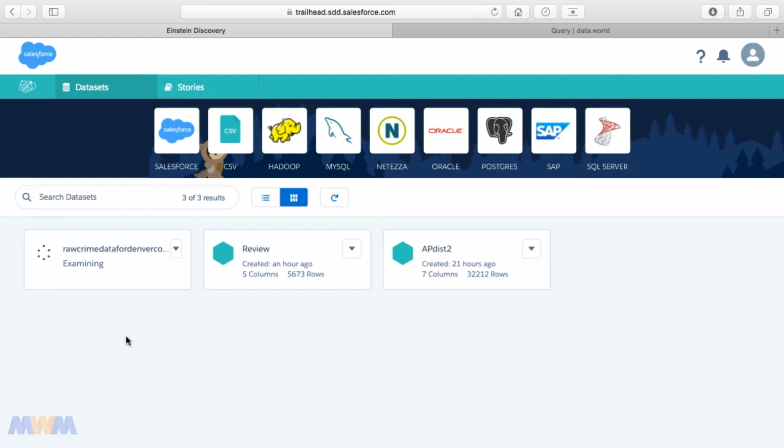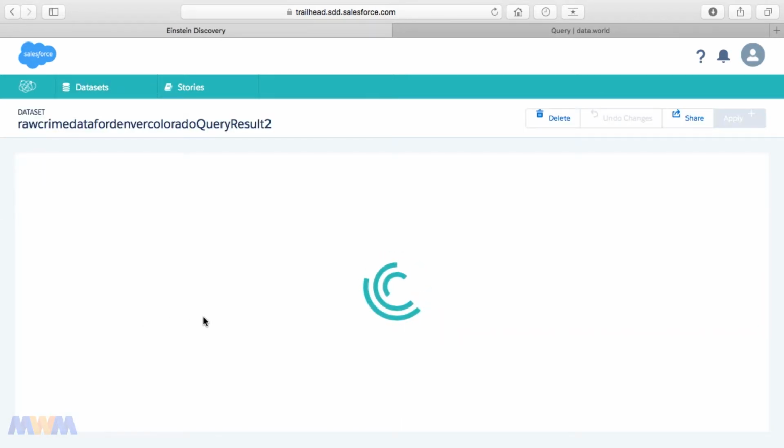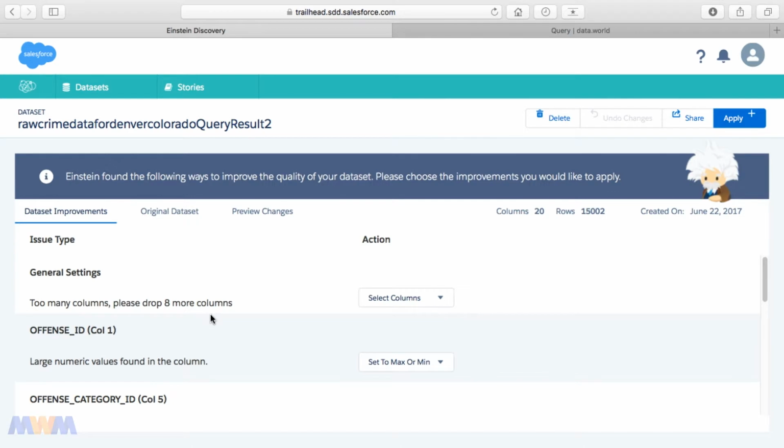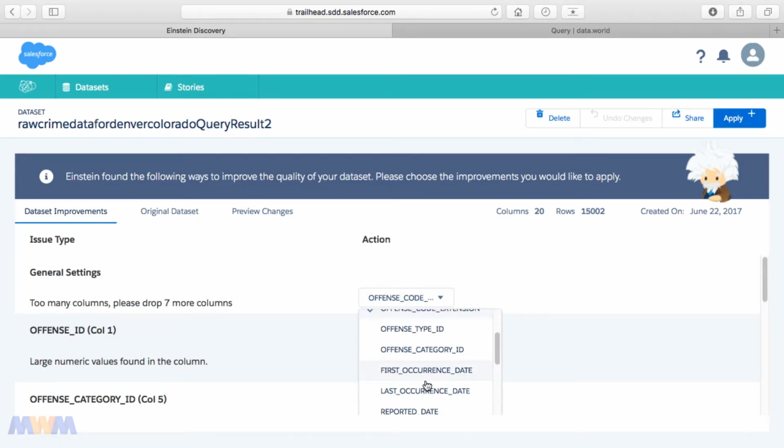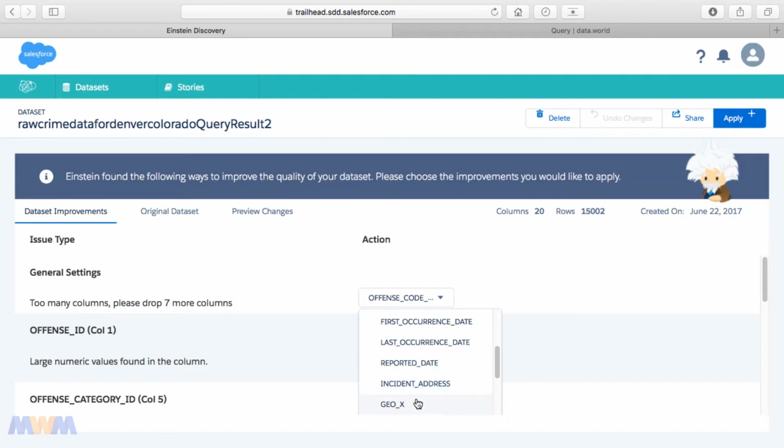And one thing I wanted to explain while we're doing that is that these improvements that Einstein Discovery finds upon import have to do with data quality. That's where there's rows with not a lot of data or columns that don't have a lot of values. And so if we review the changes here, just to reiterate, on this import, that you can do things for these improvements that it finds. It says that there's too many columns, we need to drop at least 8. I'm going to select these different columns to drop 8 of them,